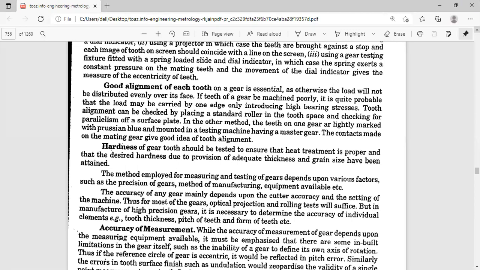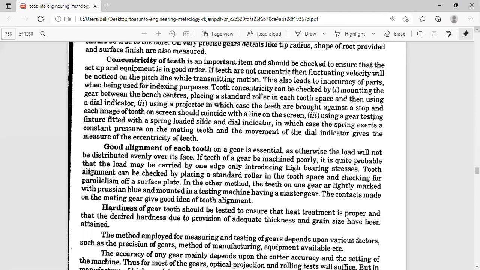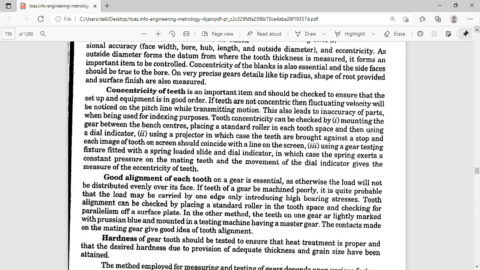Now this is another way of testing the tooth alignment. The different ways, because the consistency also of the tooth already we have seen. It can be checked by using the Parkinson gear tester, or tooth consistency can be checked by mounting the gears between the bend centers, and you have to place the standard rule in the tooth space, and then use the dial indicator by rotating that dial indicator through a definite value, and the maximum variation you have to check.